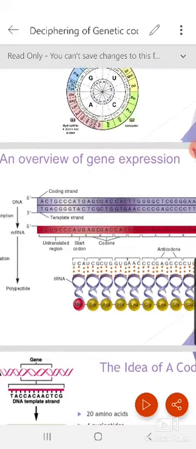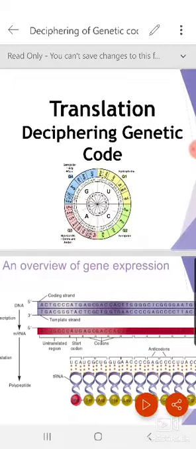Although peptide bond formation is a relatively simple chemical reaction, the complexity of the translation process, which involves the coordinated participation of over 100 macromolecules, is mandated by the need to link 20 different amino acid residues accurately in the order specified by a particular mRNA. So this is the thing we are going to study.